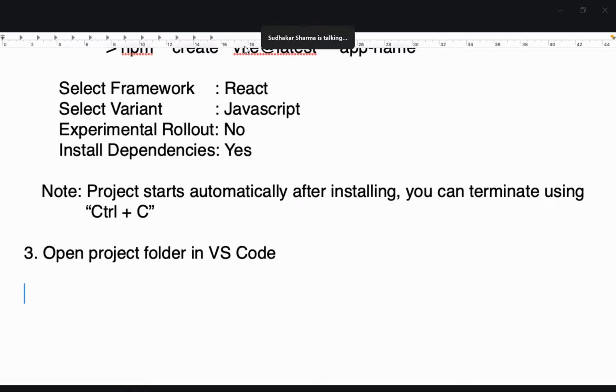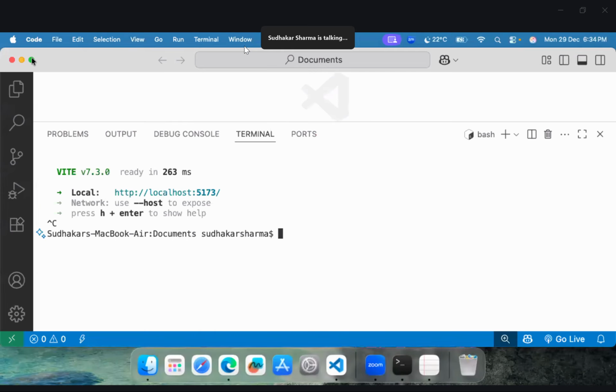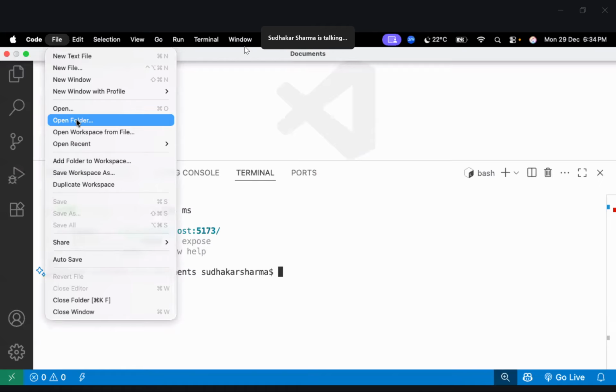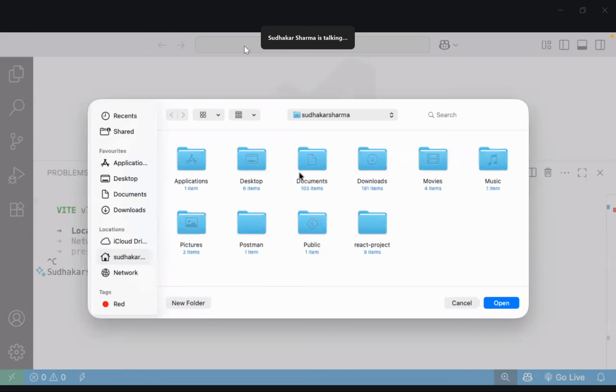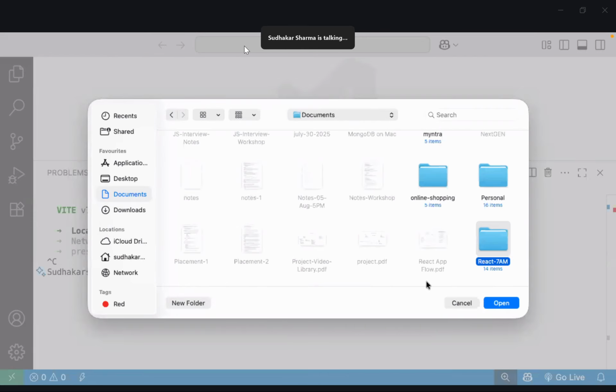After the project is created, you just go to Visual Studio Code and open the project folder. We have a file, open folder I created in my documents. So React